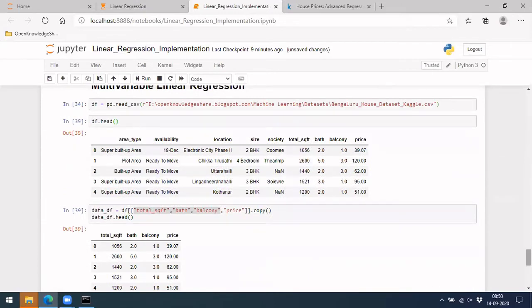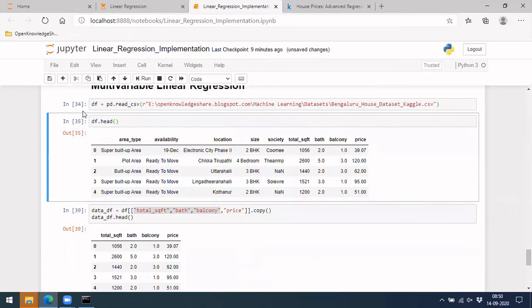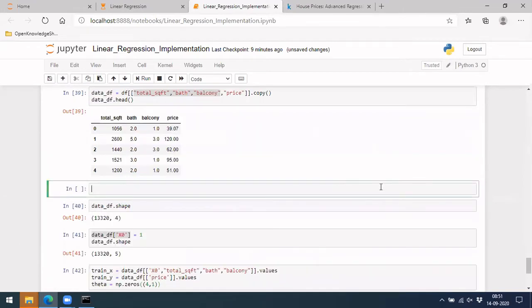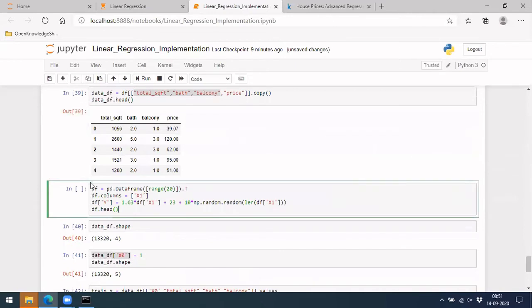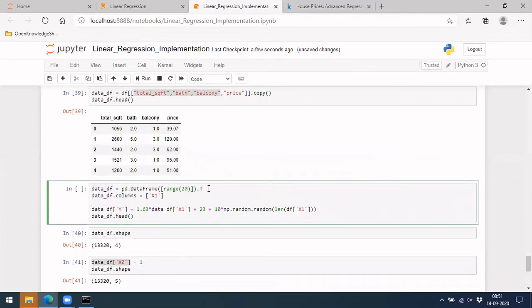Okay, so here at this level, after this, let's put data here. So let's also take some more columns.